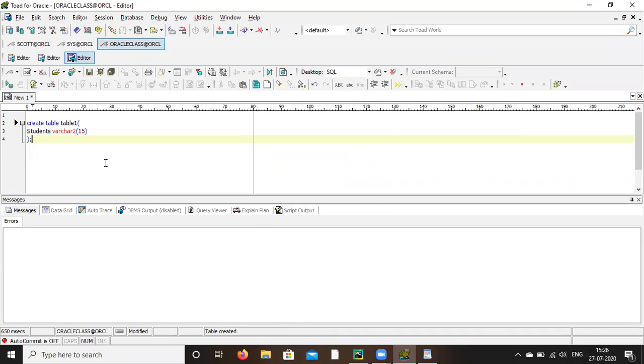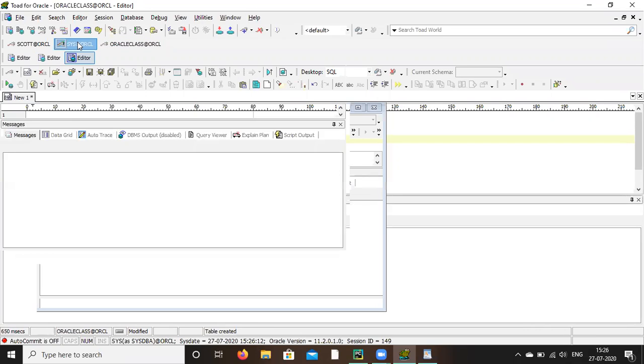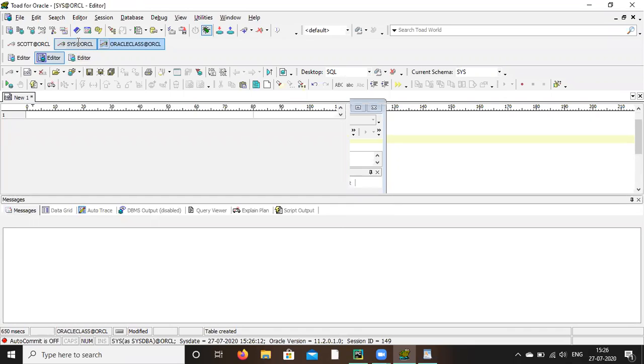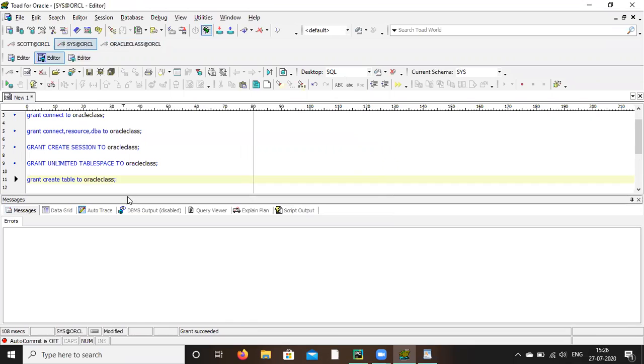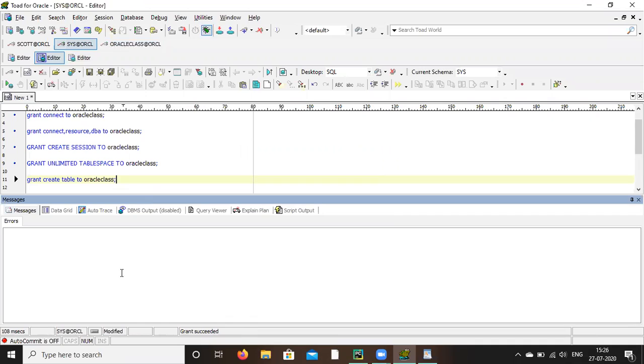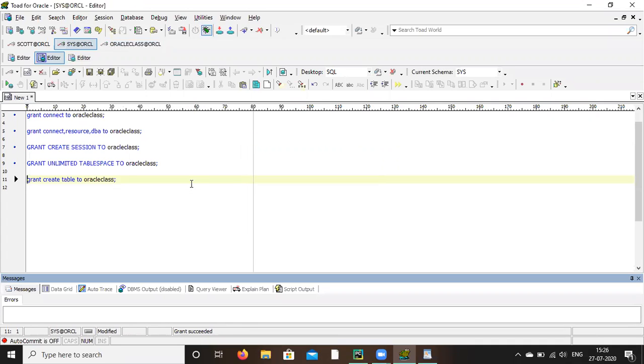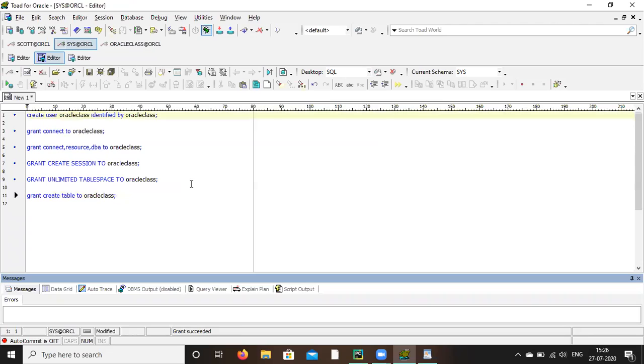Table created. Okay. So go there. Go to SYS. You can click on that editors. So here you can see. Now try to understand what is DCL, data control language. Control means it's all about the DBA, database administrator part. To create a session, create a user, everything you have to give the grant permission from the system level. As a developer we may not need this much, because our DBA person used to give all this. Okay.